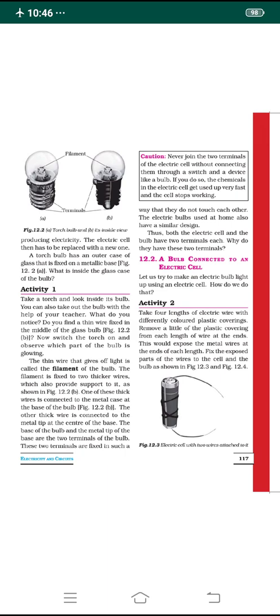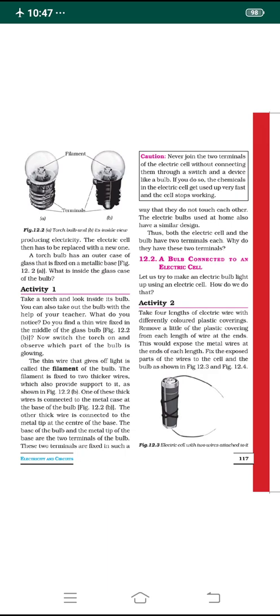If we do so, the chemicals in the electric cell get used up very fast and the cell stops working very fast.